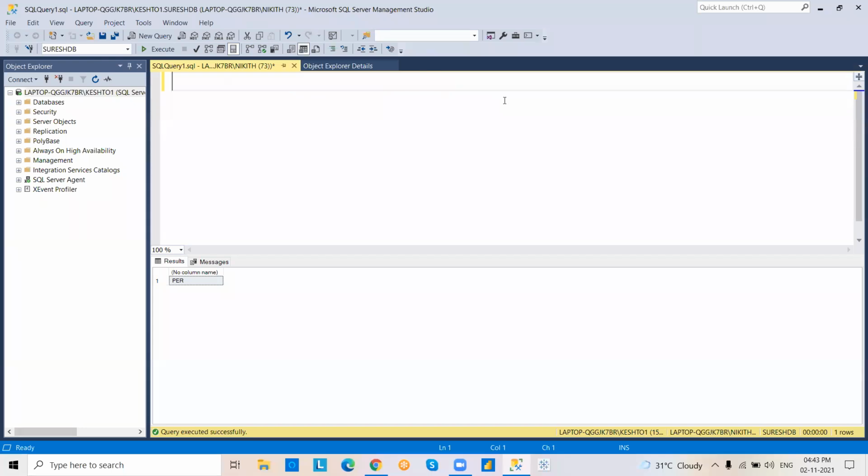Coming to next scenario, let's go to date time function. Select get date. Get date means it is giving today's date and time. Please check it out. Year, mm, dd, hours, minutes, seconds, milliseconds. So now, coming to next scenario, I want to retrieve only day, only month, only year.